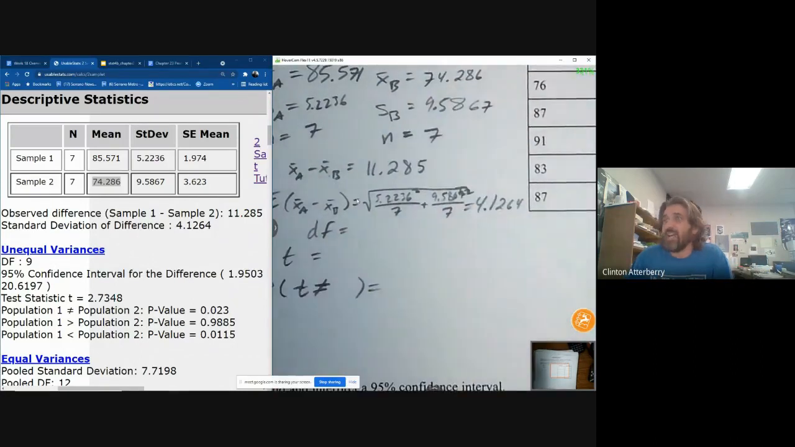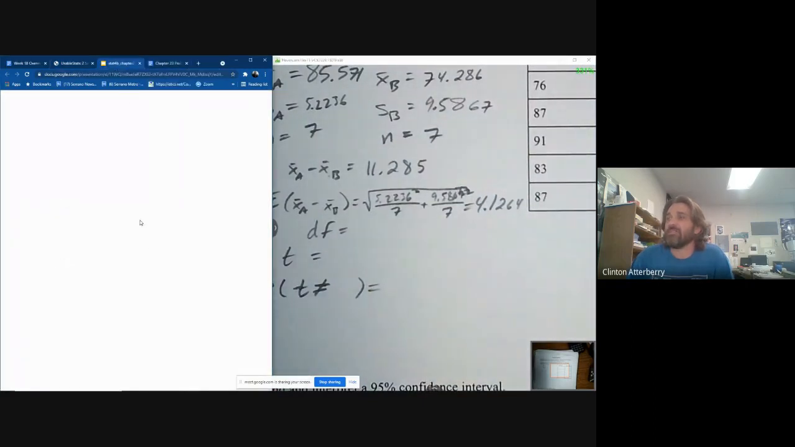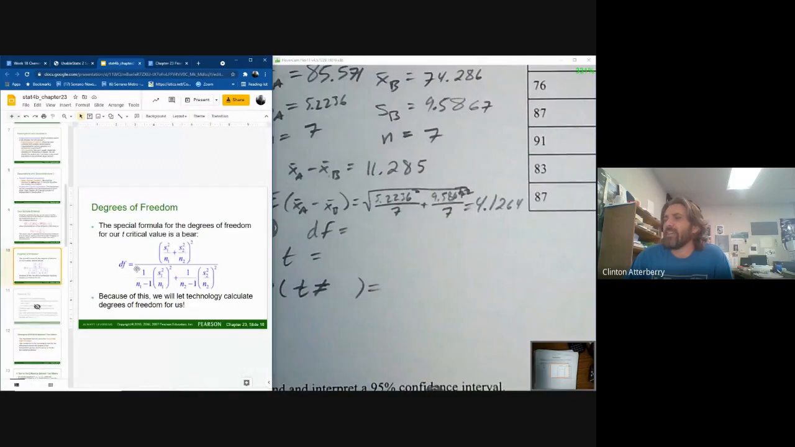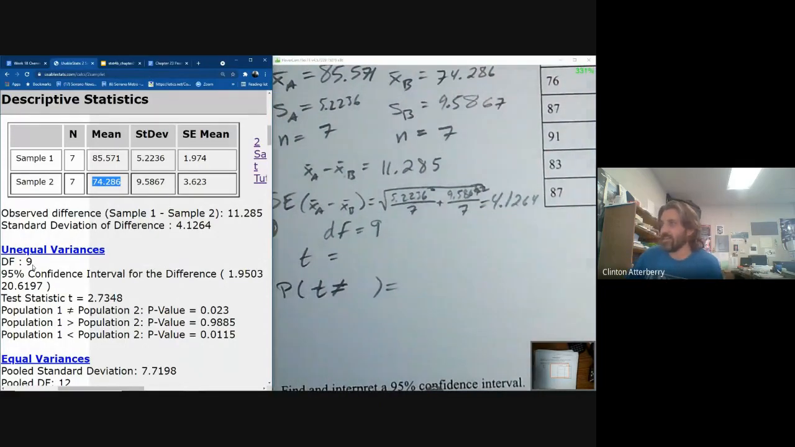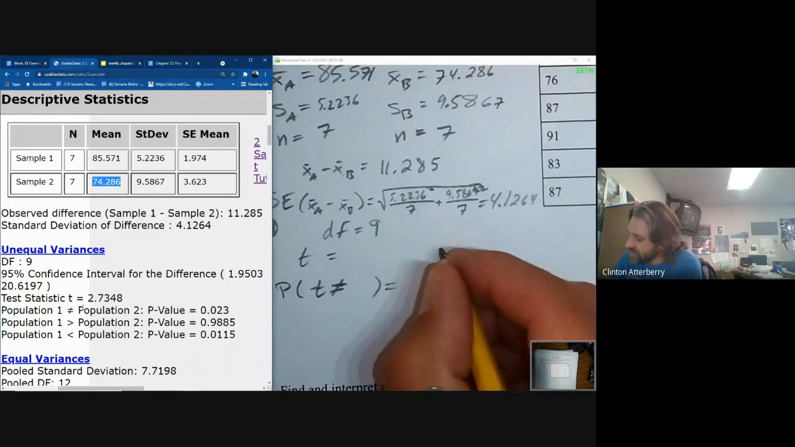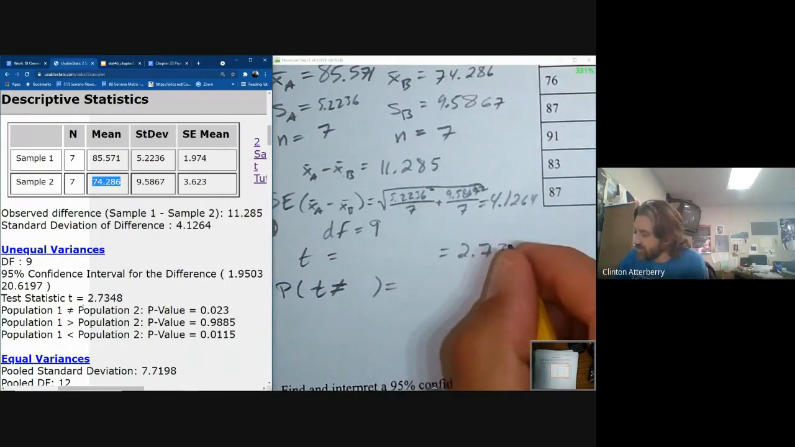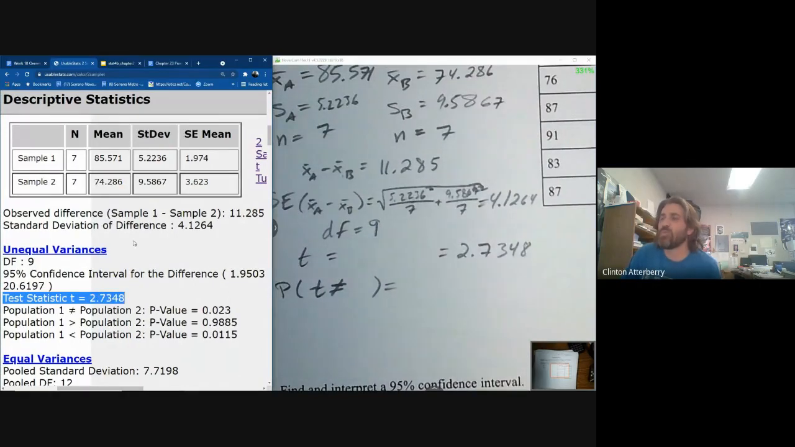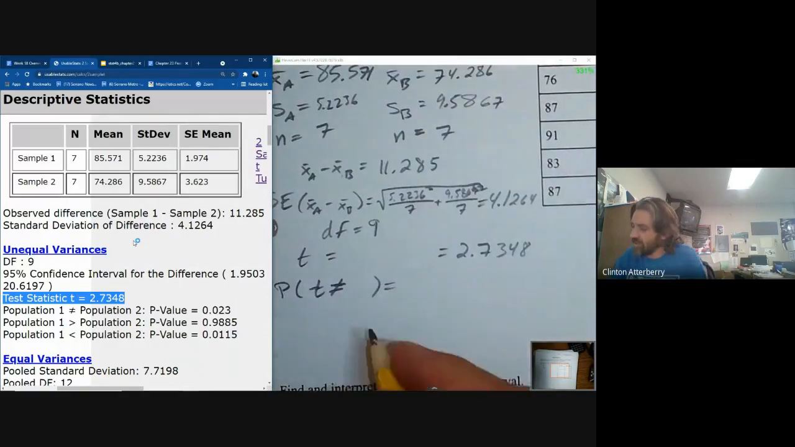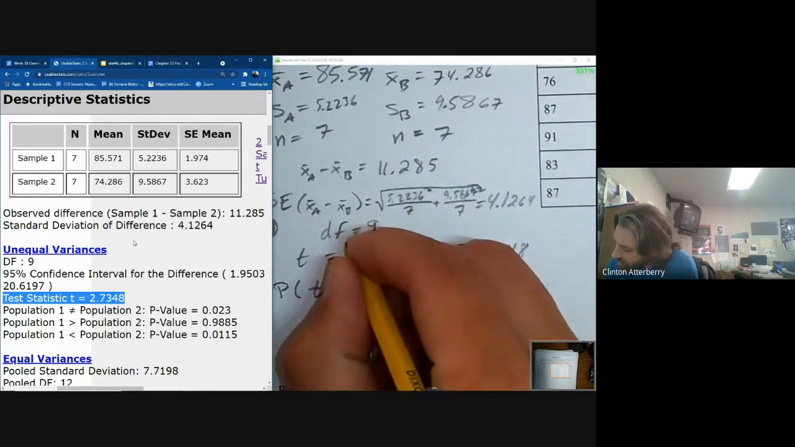Our degrees of freedom, that is that awesome, lovely equation right here. Sounds awesome. I know, right? So that's just right here. It's going to round down to 9. And then our t-score is going to be 2.7348. They've already given us that number. That's the test statistic T. It's 2.7348, and that's calculated by saying this number, the 11.285,